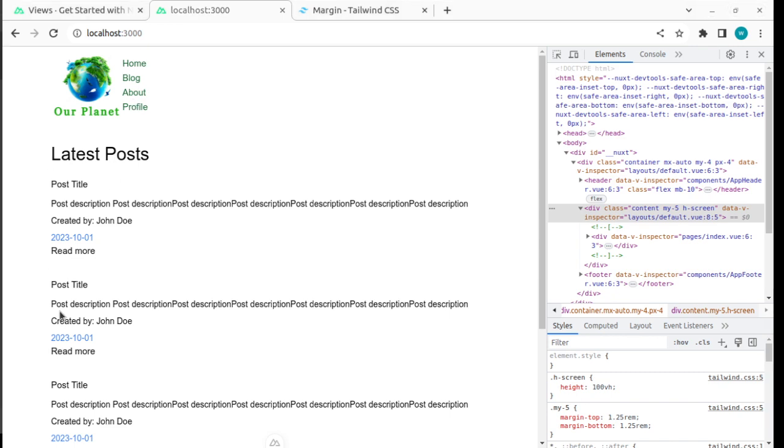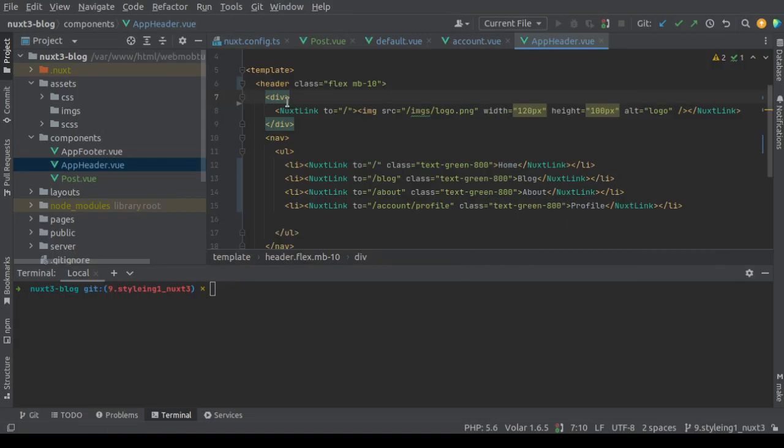So return to our IDE and here in this div, let's add class flex-1. Okay, and then on the nav,